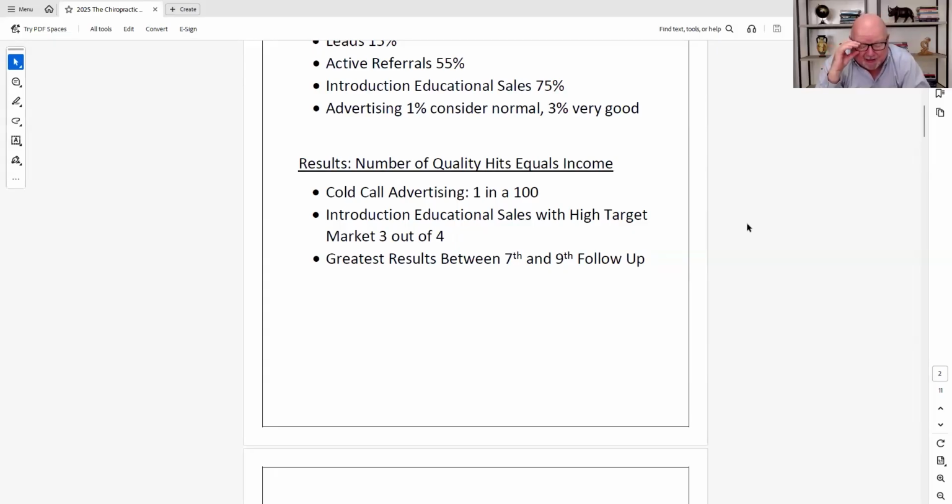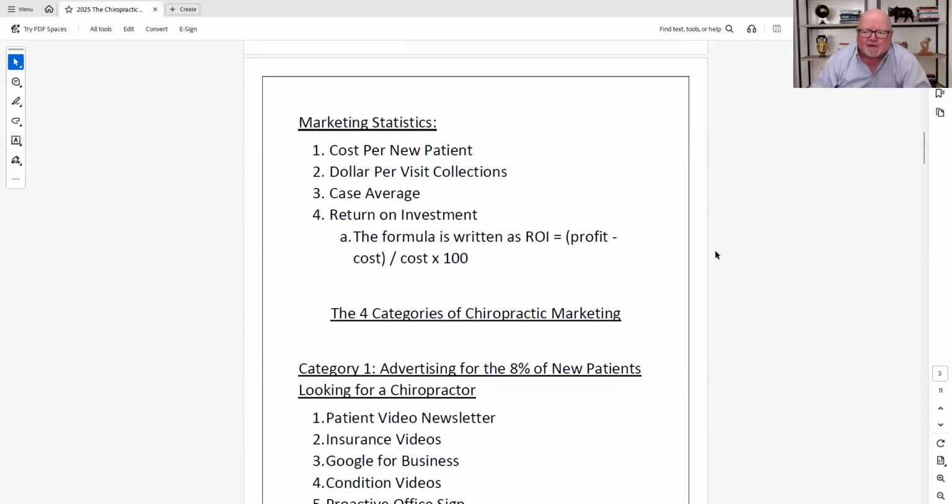Now, it makes it a heck of a lot easier today because of the autoresponders. It was way more difficult prior to the internet. We had to use direct mail. Now you got autoresponders, text autoresponders, email autoresponders. So it's all automated for you. All you got to do is just set it up. That's it. You set it up once and it constantly works for you. It's amazing. These tools.